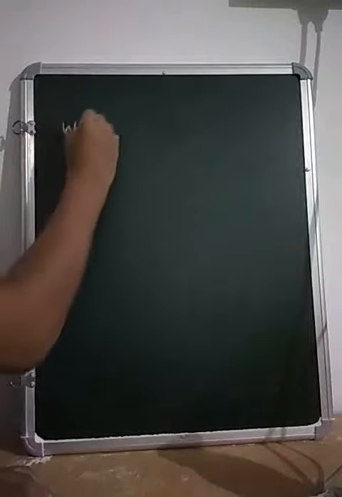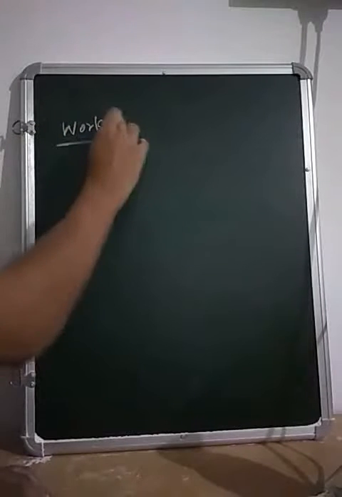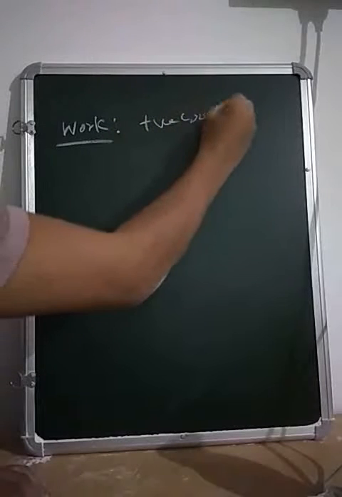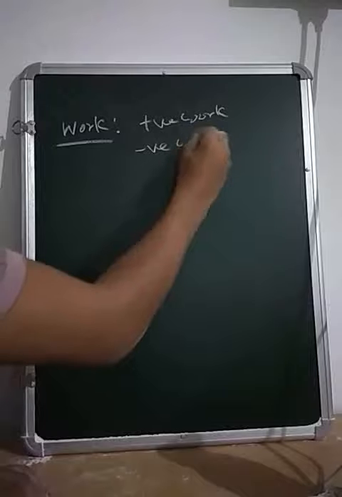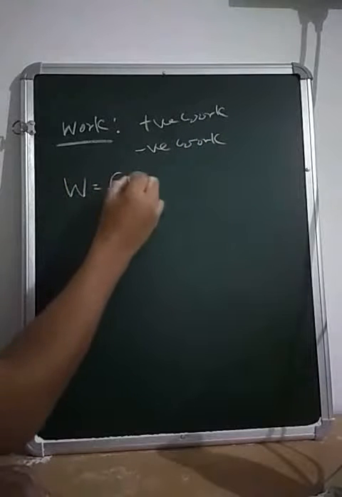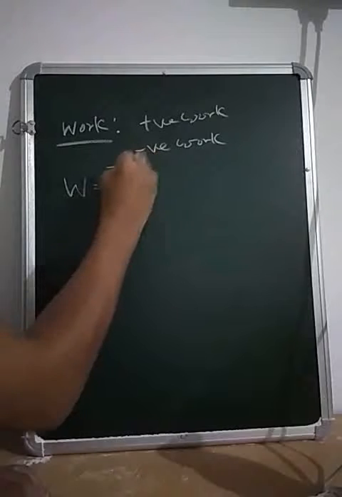Let us discuss work. There are two types of work we can say in mechanics: positive work and negative work. If you see the expression of work, W is equal to F dot d